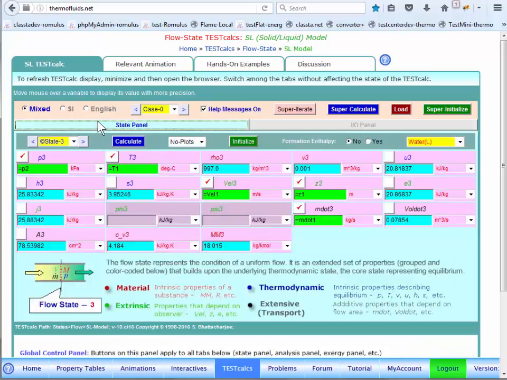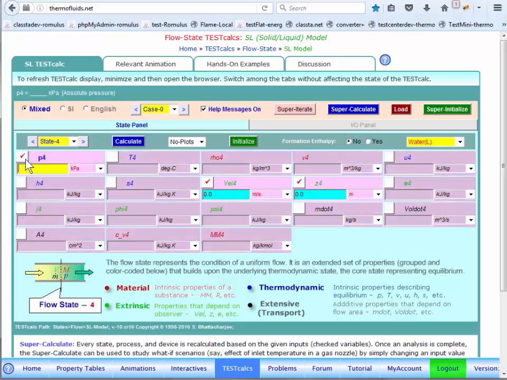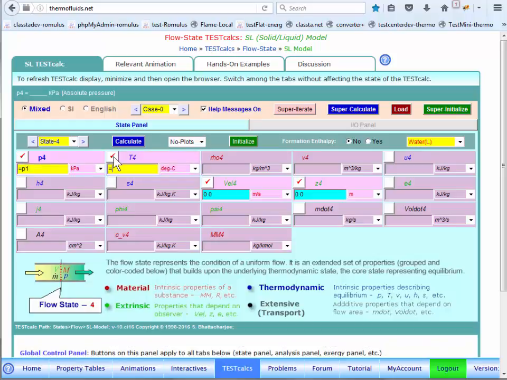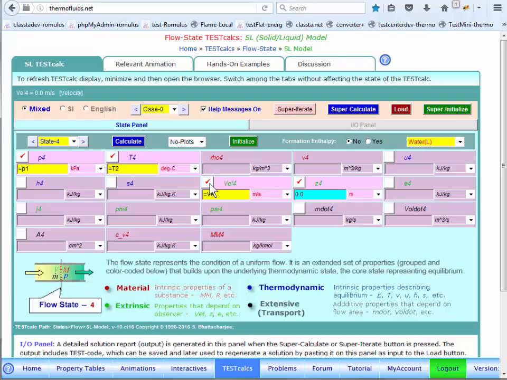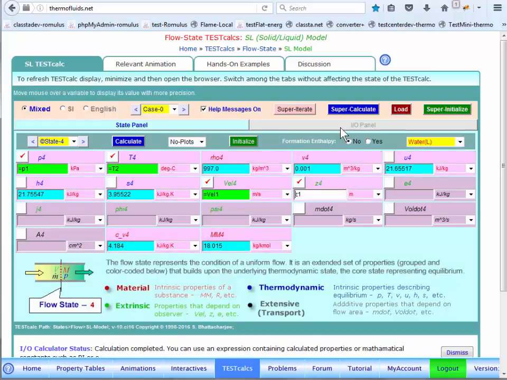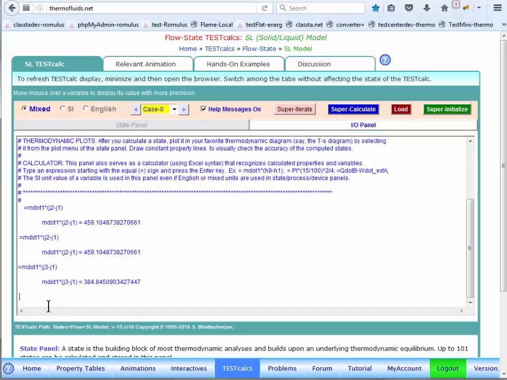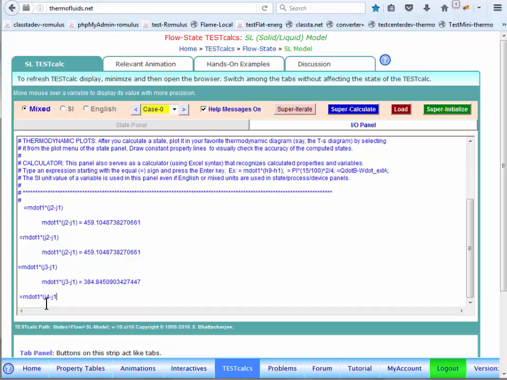Likewise, to understand the contribution of temperature change, we can very quickly do it a similar way. P4 doesn't change. Temperature on the other hand has changed to T2, and everything else, velocity remains the same as velocity 1, height remains the same as height 1. And what is the contribution to that? So this is state 4. So if you calculate the change in flow energy now, m dot 1 star J4 minus J1,